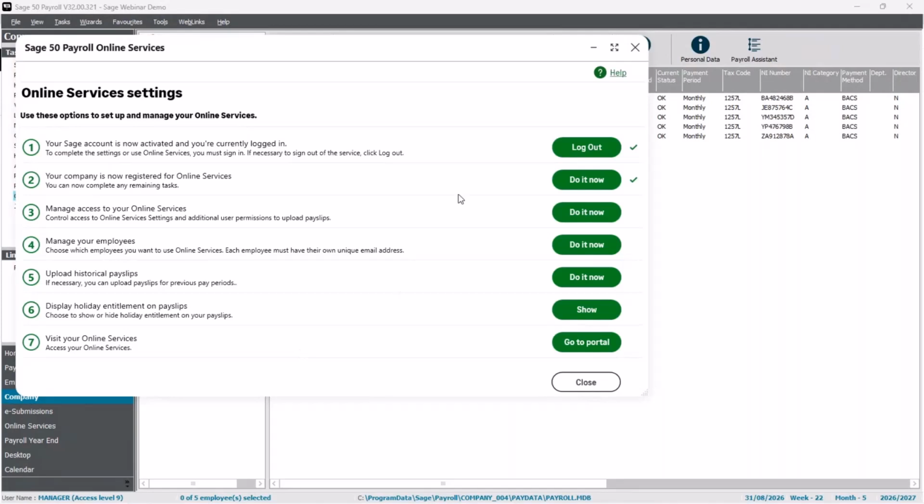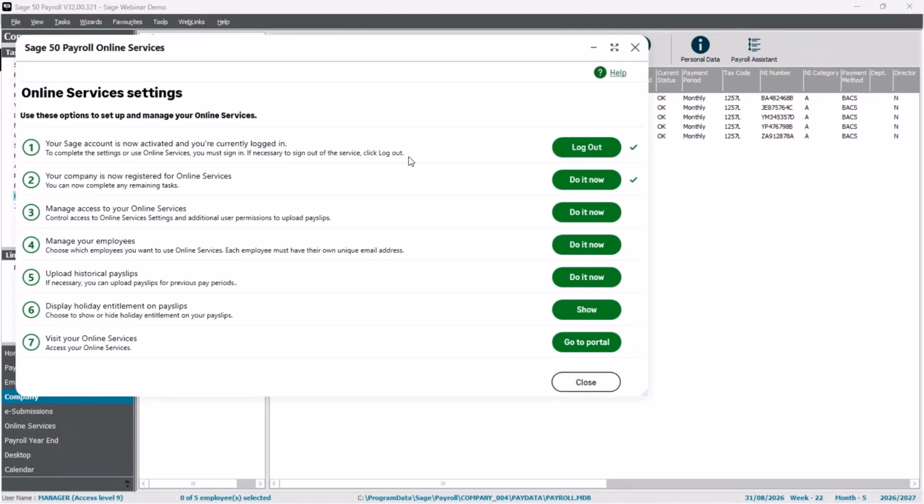Now, if you have already set up, please note that the only steps that will be ticked are steps 1 and 2. So these are the kind of mandatory steps that you do once. And then the rest of the steps, you can go back into them should you ever need to after you've completed the setup process. Now, when I completed step 1, I will have been asked to log in with a